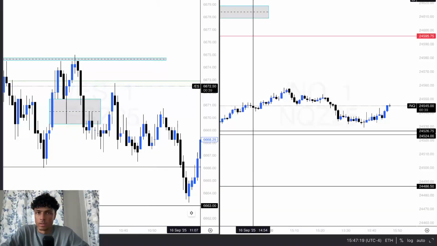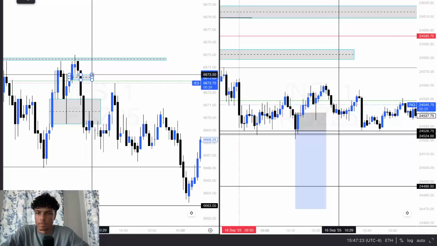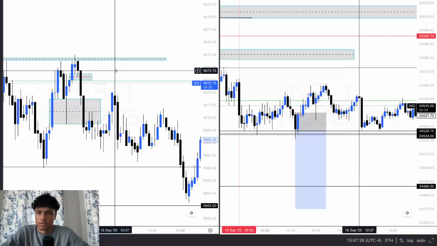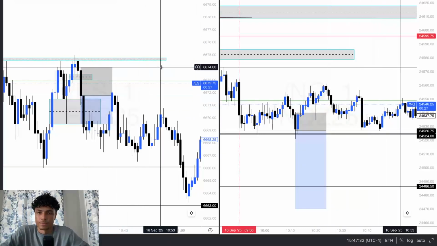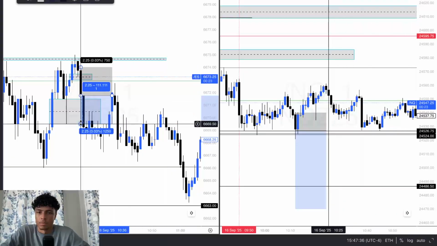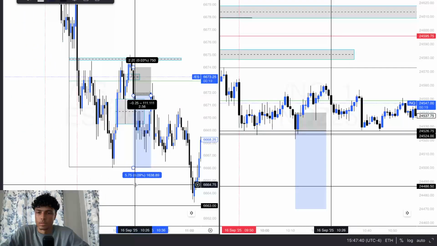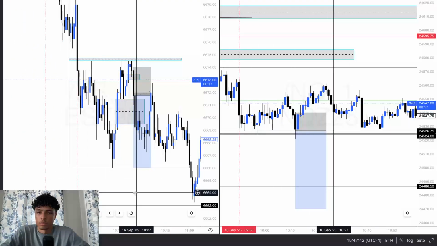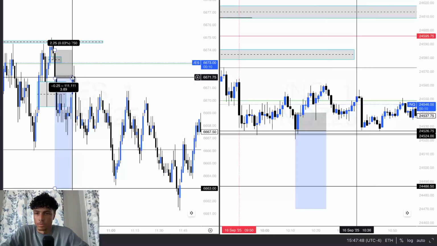As you can see, there is a fair value gap right there, fair value gap. And so for this fair value gap, I would have entered short off of this inverse right here. And then I'll put my full take profit on this low right here, this low or the previous day low, as you can see, right?